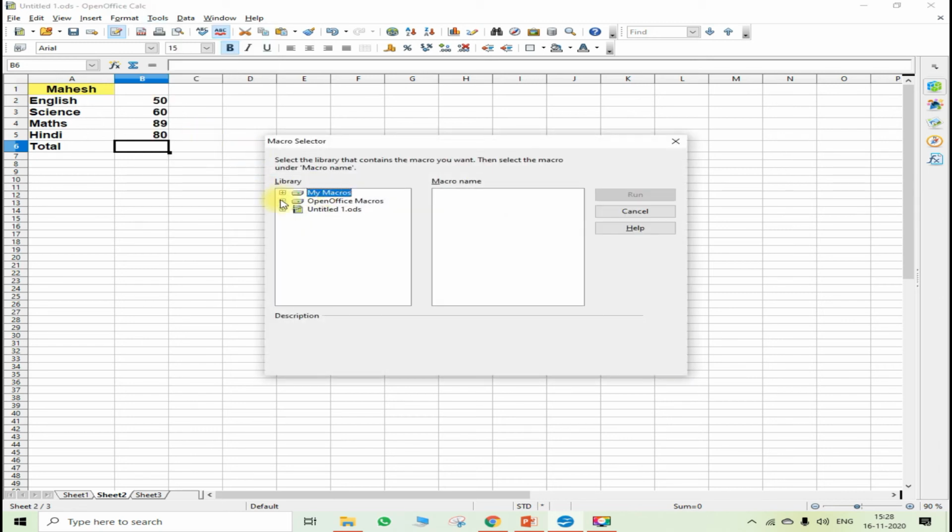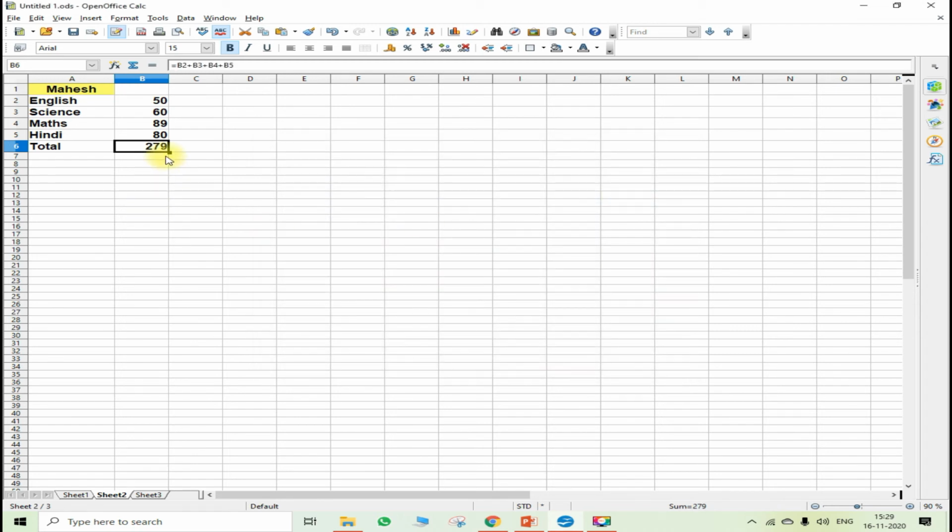Now when I'll click on run macros, I will just get here library 5 जो मैंने पहले create की थी. Just open library 5. Under library 5, click on module 1. So just see here, you're getting this main and total. So just run this and just see here you're getting the total. अपने आप ये total मिल गया. So this is how you can create the macros relating to sheet 1 and sheet 2.